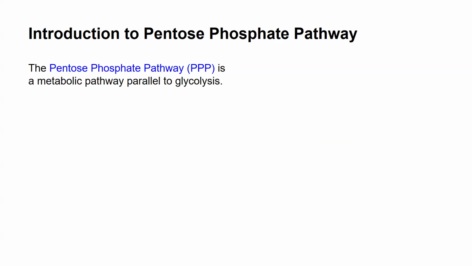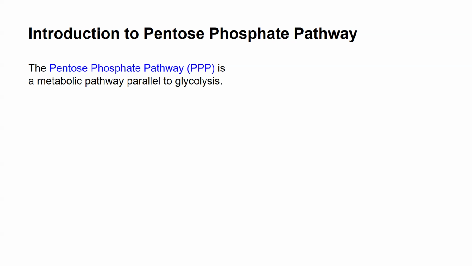But at the same time, the glucose 6-phosphate also serves as a substrate for the pentose phosphate pathway. So because they share the same substrate, it is considered a parallel pathway